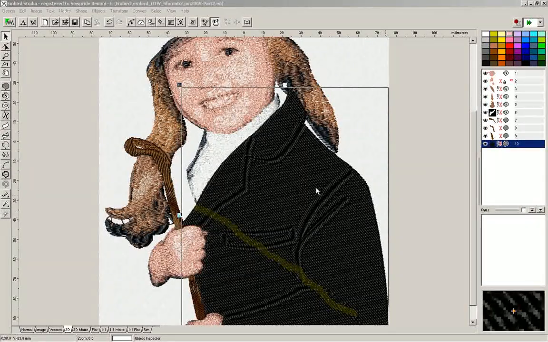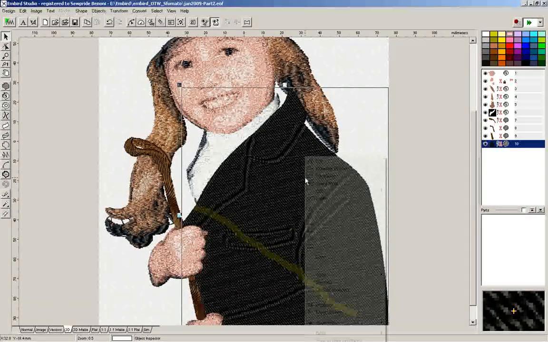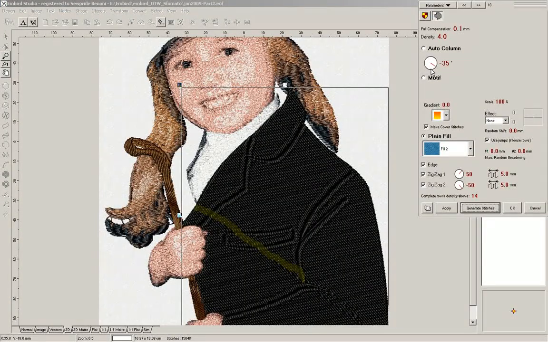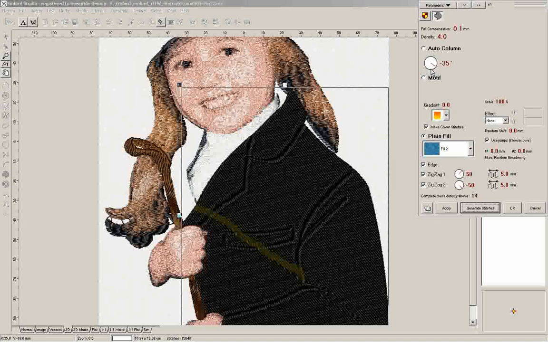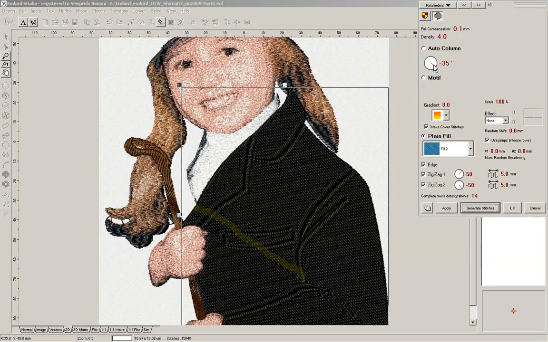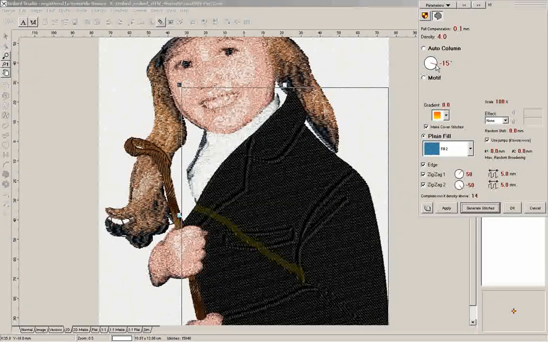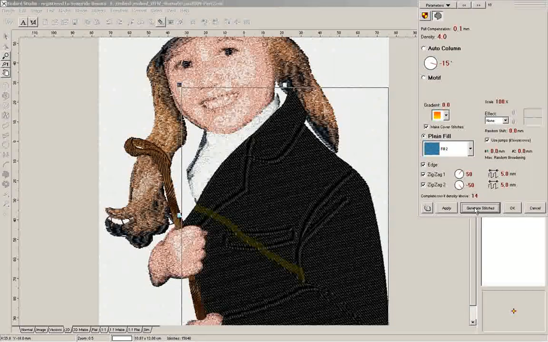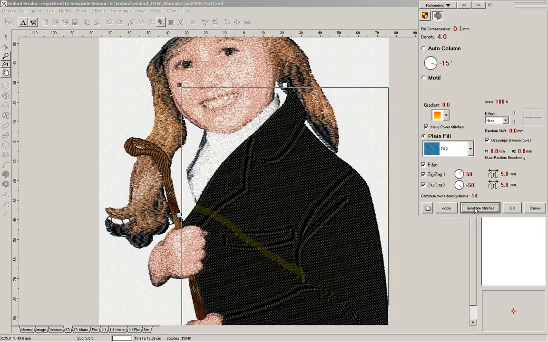So I'm going to fix that, and the way to fix that is to go to your parameter screen and look at your degrees, and you need to change your degrees to get away from that effect. So I'm just going to move my degrees slightly down to the right, from 35 to 25 degrees. We'll change that, and